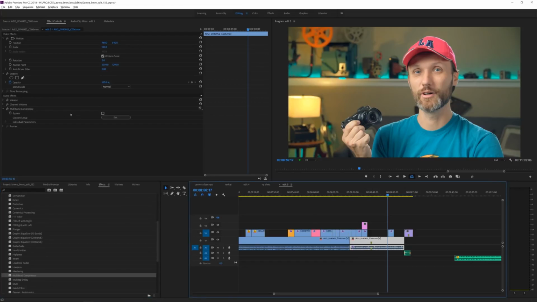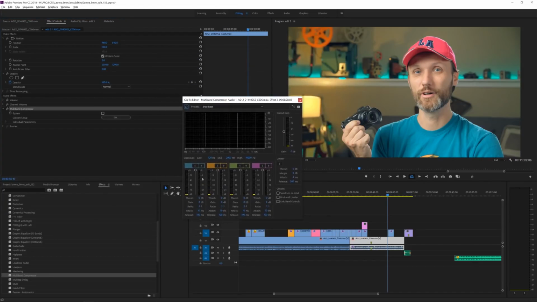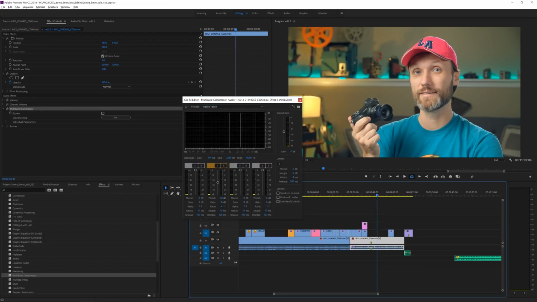Once you apply it to your audio clip, in the effects controls I'm going to click here to edit, and I can see all my controls for it. You can go in here and manually adjust all these settings, but Premiere actually has all these cool presets for you. They have one here even called Walkie Talkie. If I play it now, you're going to hear how the audio sounds.